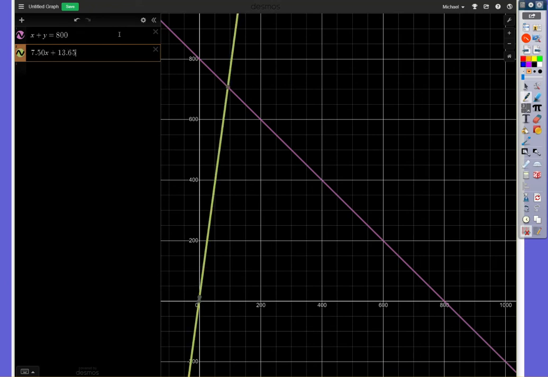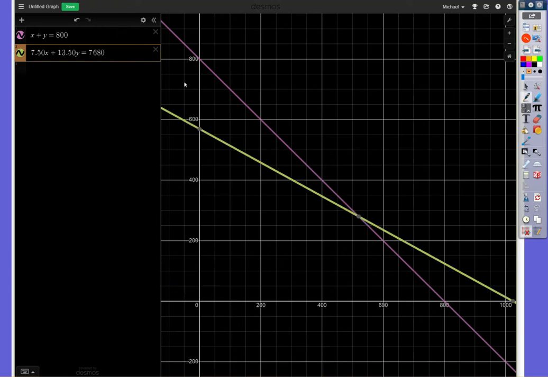Plus 1350, y equals 7,680. So you can see here, this is kind of claiming if you had 34 kids, you need 550 adults, but however, that wouldn't make the same amount of money. The only time you make that money and you get that same ratio of kids is when you have 520 kids and 280 adults. And you go back and check this, that is the only number that adds up to